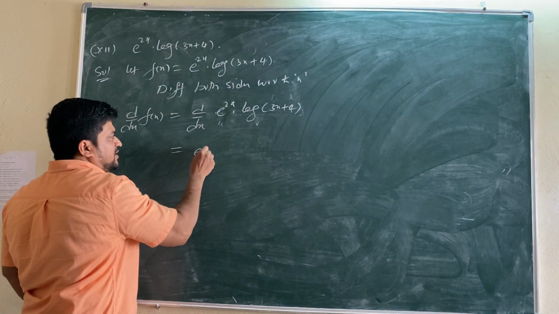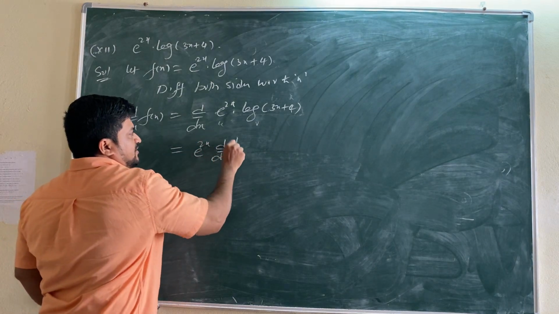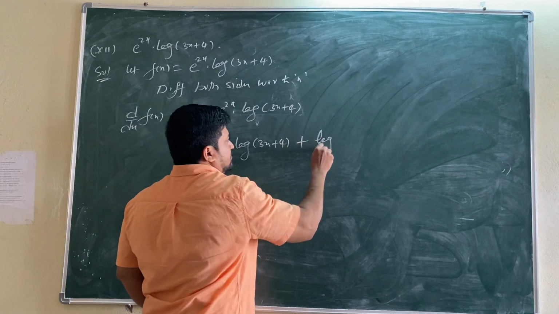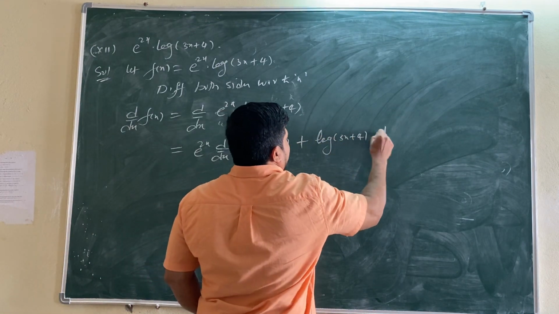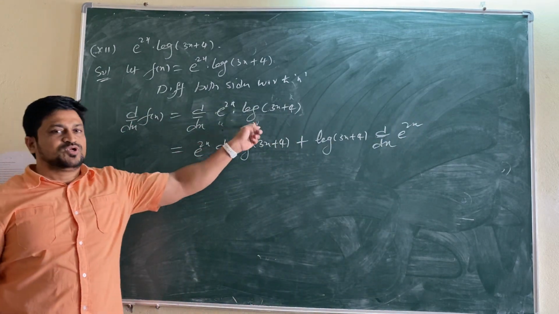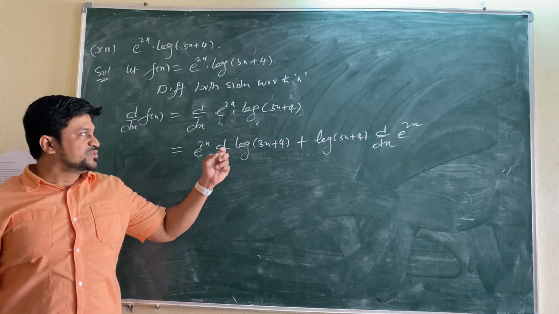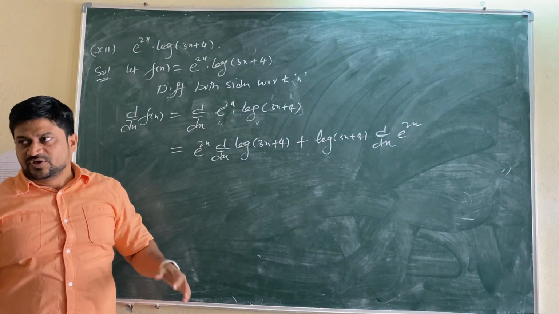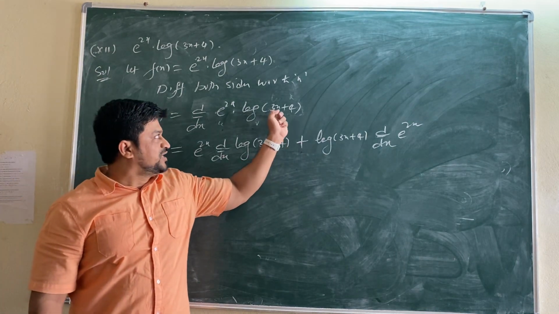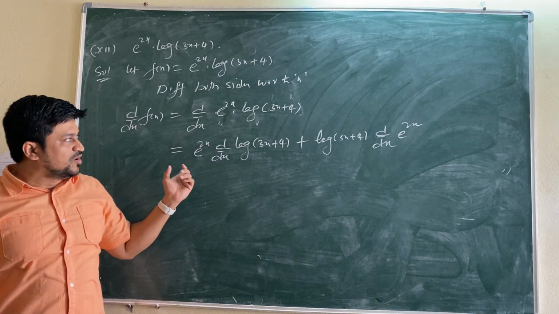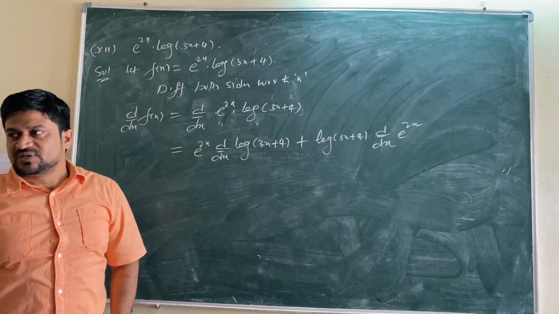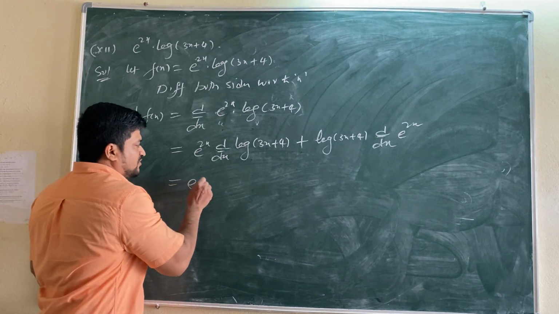Once we have UV form, what will we do? We will write the UV formula: u derivative of v plus v derivative of u. That means d by dx of e power 2x. Seeing that the question has two multiples, we have to split them using the formula d by dx of u into v equals u d by dx of v plus v d by dx of u. Now wherever we find d by dx, we have to apply formulas and simplify that.